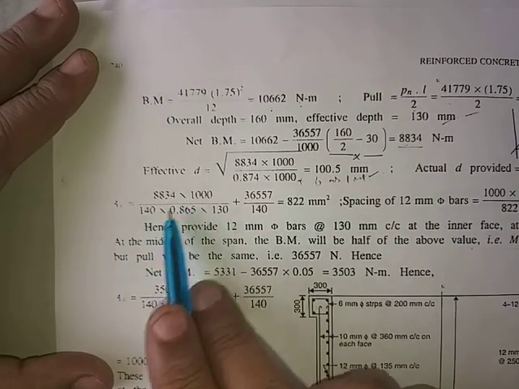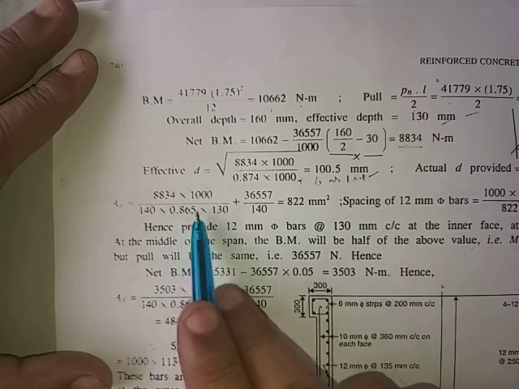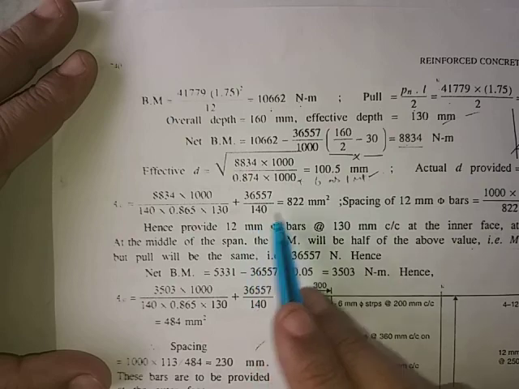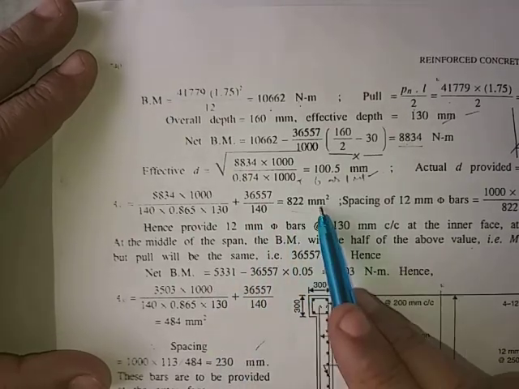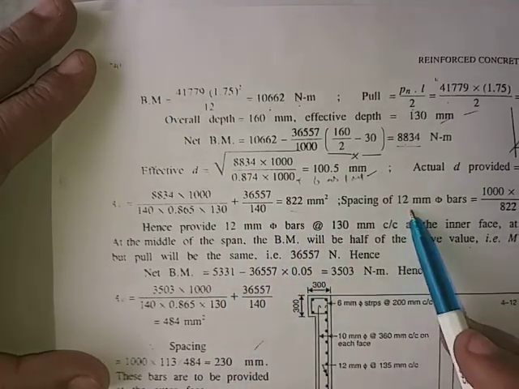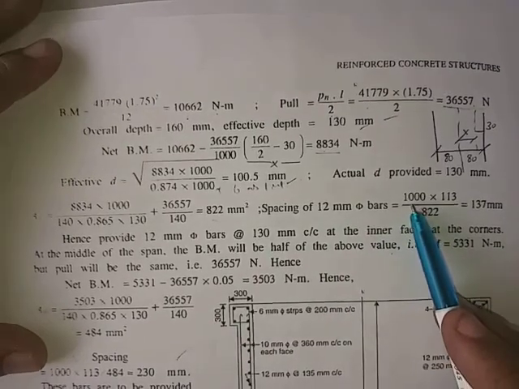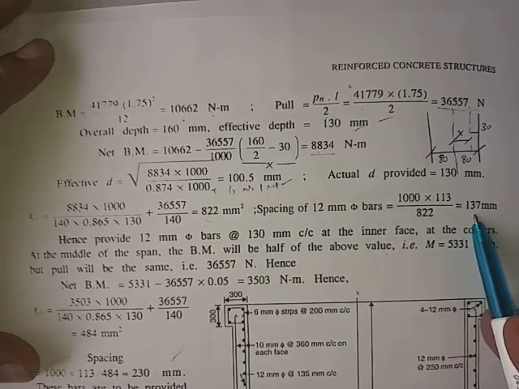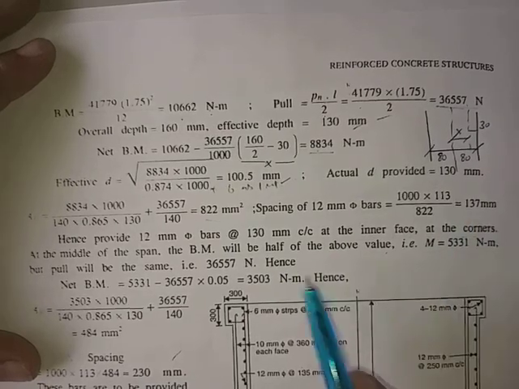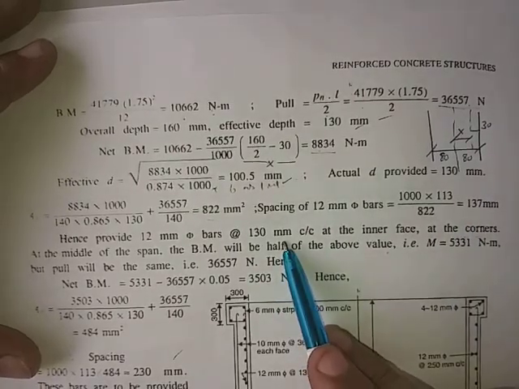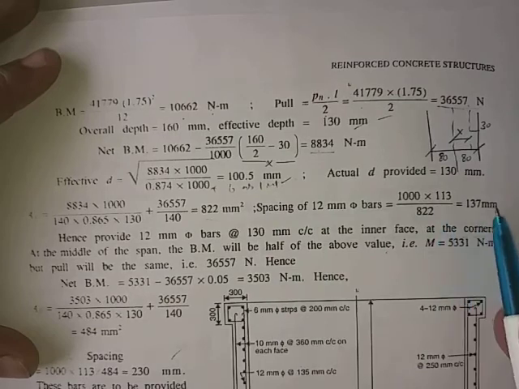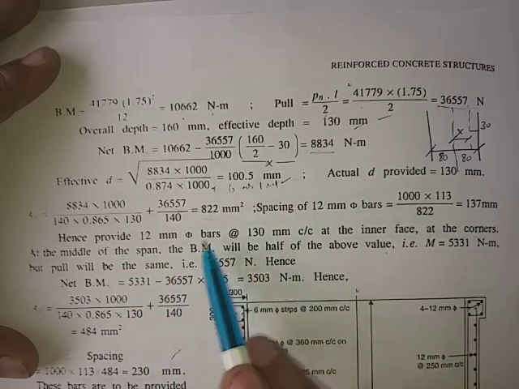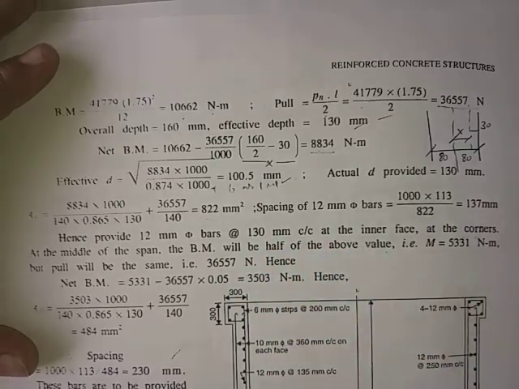Ast is equal to M by sigma st j d. So when you substitute the values plus direct steel from the direct stress, this gives me a total steel of 822 mm square. Using 12 mm dia bars, spacing can be calculated, that is 1000 into the area of 1 bar divided by the total steel. This gives me 137 mm as the spacing required. So we can provide a lower value, a whole number lesser than 137. So this gives me 12 mm dia bars at the rate of 130 mm center to center, on the inner face